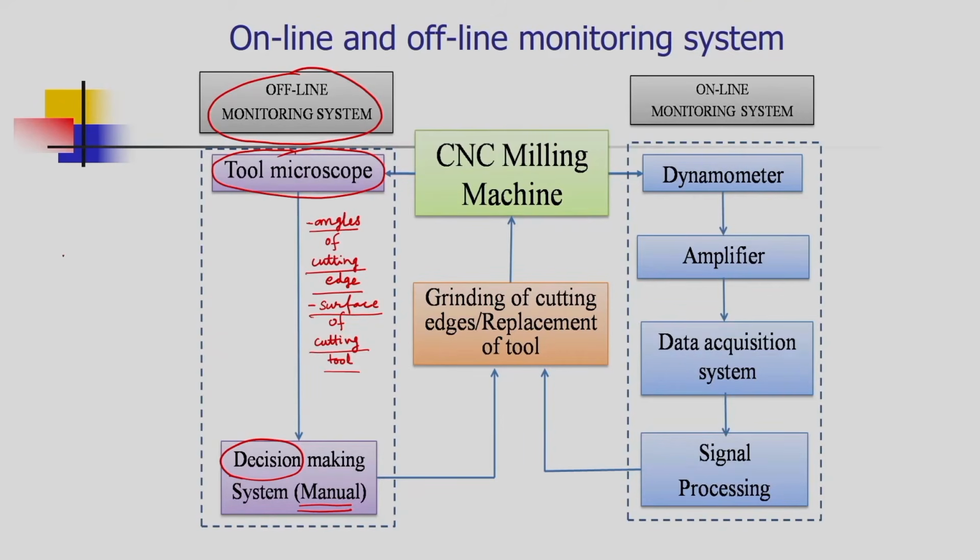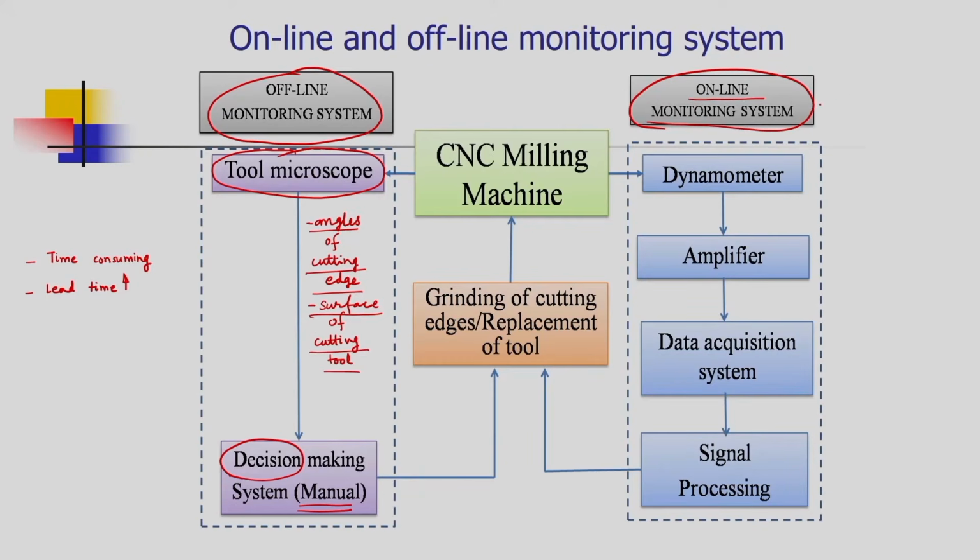This system is time consuming and naturally it is enhancing the lead time. But the advantage of the offline monitoring system is that the human operator can closely monitor the cutting edges and, by his or her experience or knowledge, can take the appropriate decision. However, as far as adaptive control systems are concerned, nowadays people are going for the online monitoring system, that is the second mode. In the online monitoring system there are various methodologies being used.